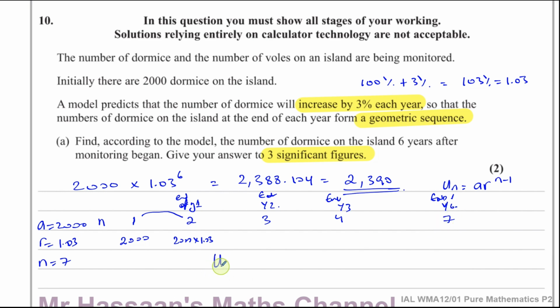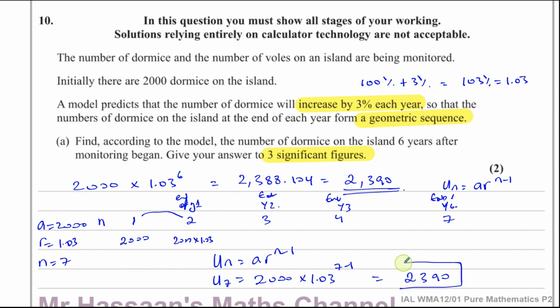So if we use the formula Un equals ar to the power of n minus 1, in this case, we're going to look for the seventh term. So it's going to be a, which is 2000, times r, which is the multiplying factor 1.03, the common ratio, what you have to multiply by each time to get to the next term. And here you're going to have 7 minus 1, which gives you 6, which will be exactly the same calculation as this,